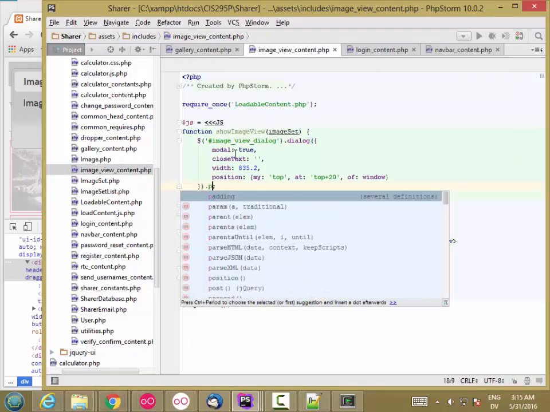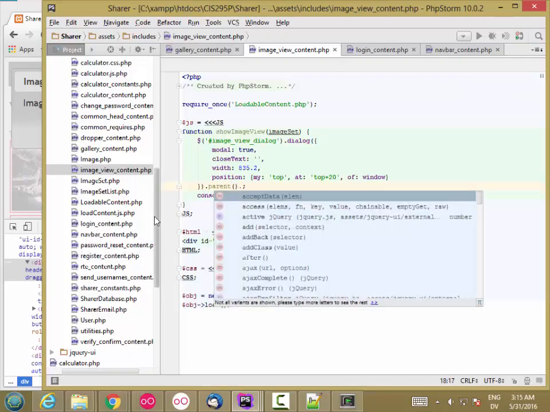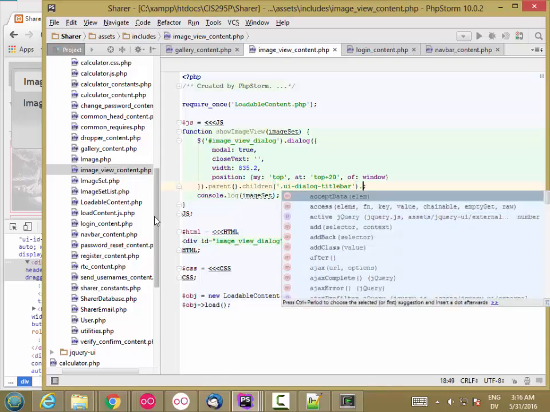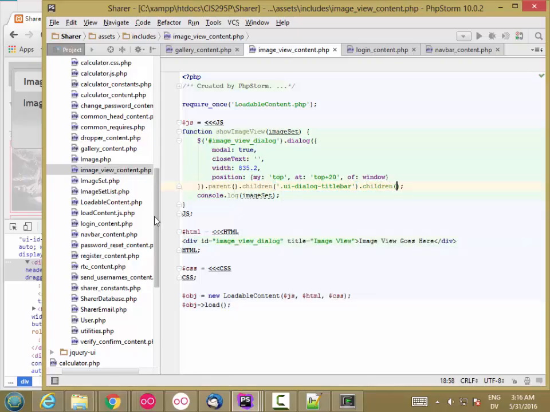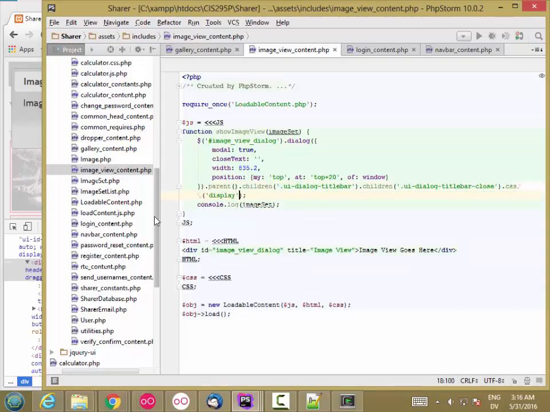So the first thing I want to do is get the parent, and then under that I want to get the UI dialog title bar, and then under that I want to get the UI dialog title bar close,